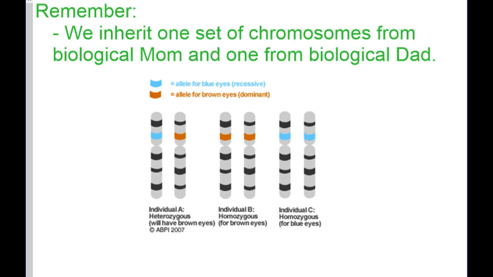So remember that when we inherit chromosomes, one comes from biological mom, one comes from biological dad. So let's say we got one allele, which is going to be the little b, from one parent, and the brown-eyed allele from another parent. What will the child have? Eventually, most babies are born with blue eyes, but then the melanocyte production will kick in and the eyes will change color. If the individual receives a brown-eyed allele from each parent,